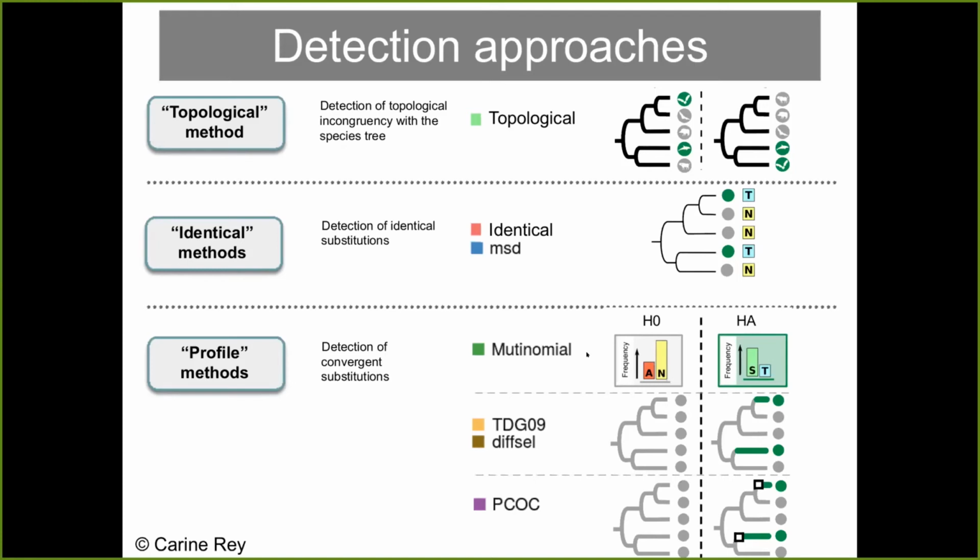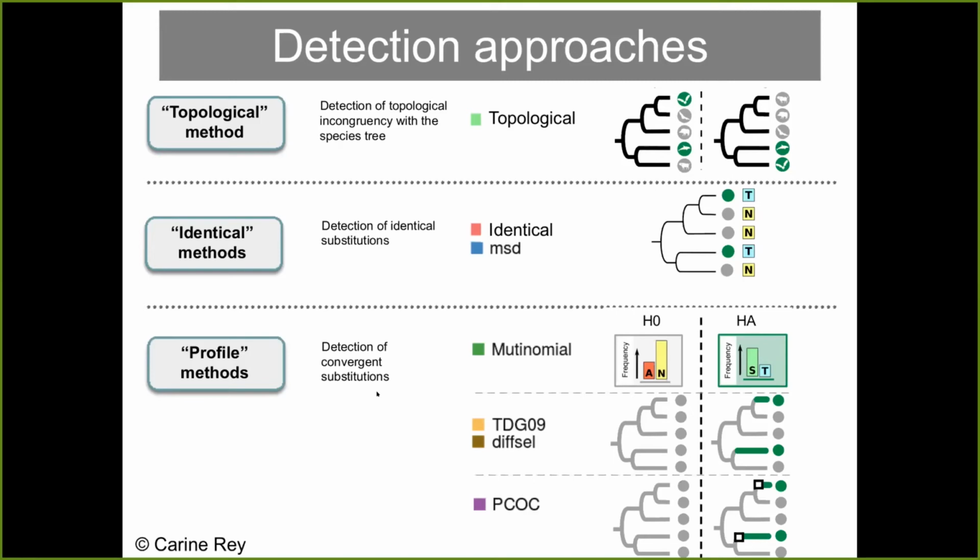And you do likelihood ratio tests, and that will tell you whether this site is better described with just one vector of frequency, suggesting that this site is not a convergent site because there's no evidence for different amino acid frequencies in the 2 conditions, or whether the site is possibly a convergent site because there is support for having different types of frequencies in the 2 conditions. So that's the most basic test we can make for profile methods.